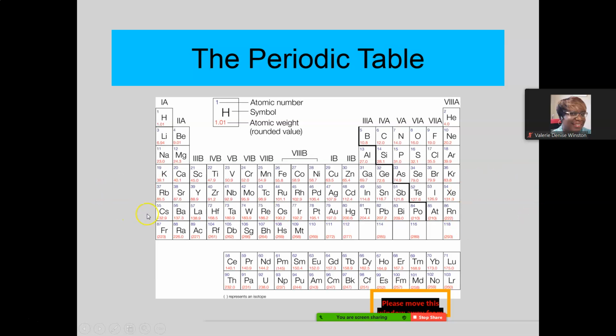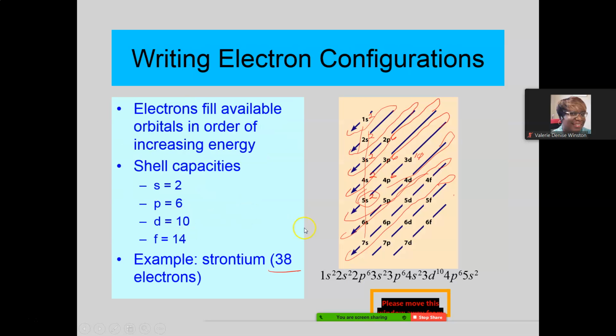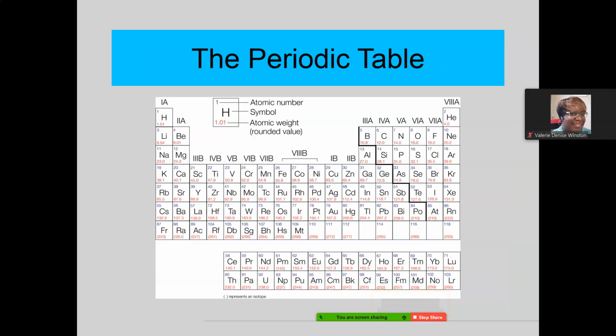Then you go to 6S, 1 and 2, just like before. Well, guess what? After 5P, you do your 6S. Once you get those two done, then you go up here to 4F. Oh, wait a minute, how are we going to fit that in here? Okay, well, here's what they do. There's 6S1, 6S2. Now you go up to